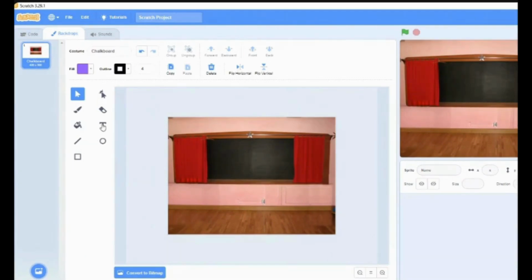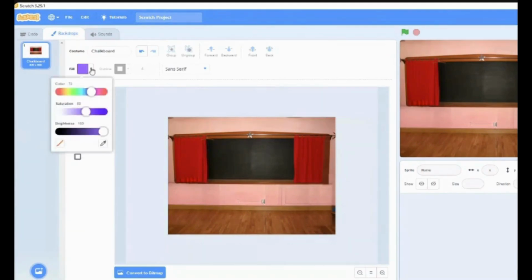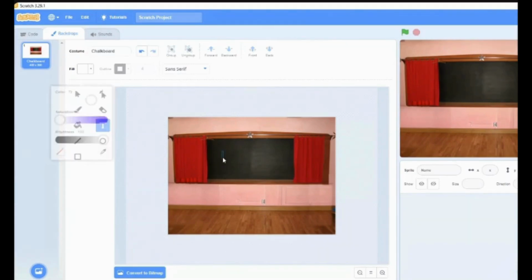So I'll click text and I'll come here and I'll write. Also maybe the text color, I'll change it to white, or the fill color of the text. Saturation, you can drop it, it will be white. I think that will be fine. Then I write